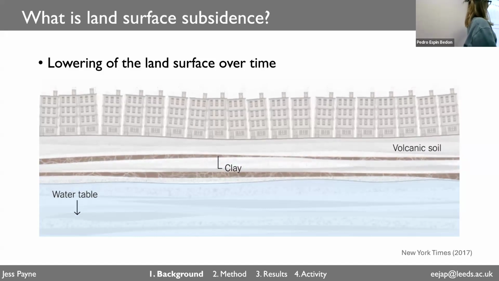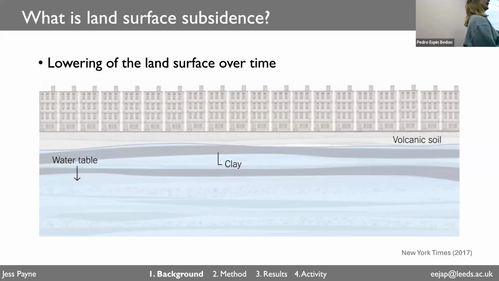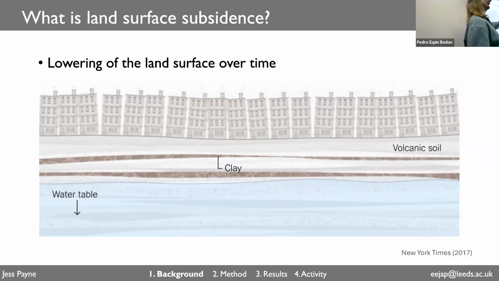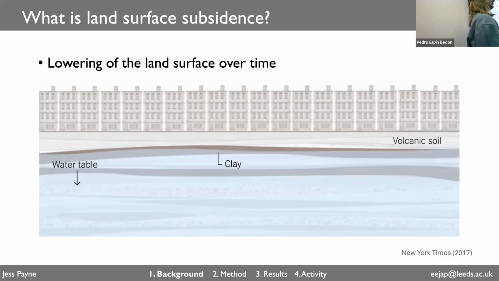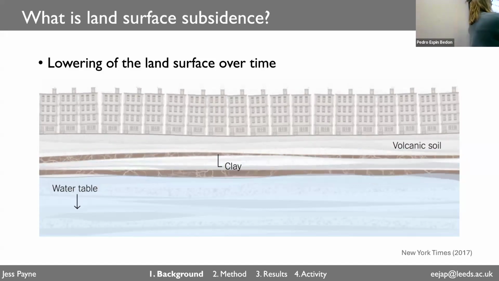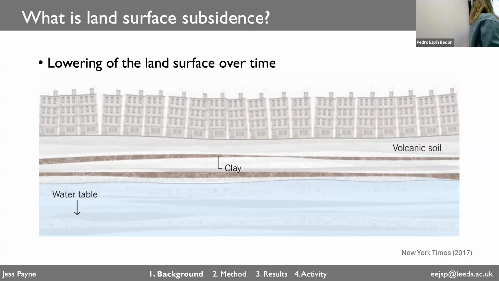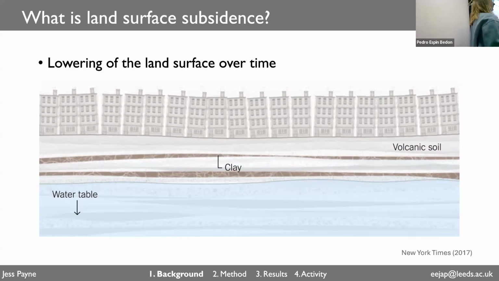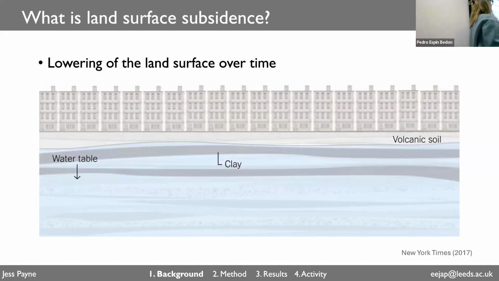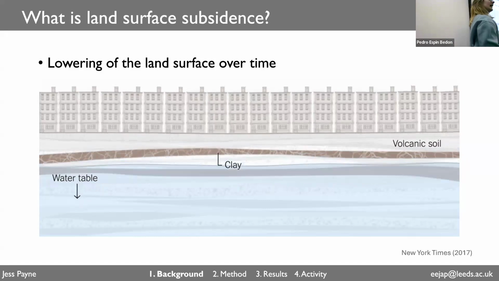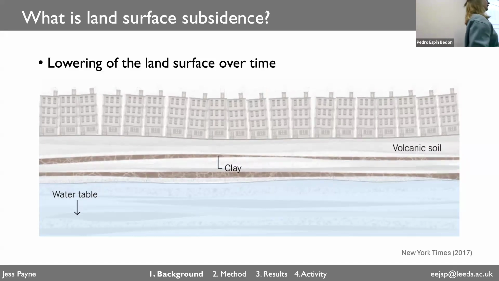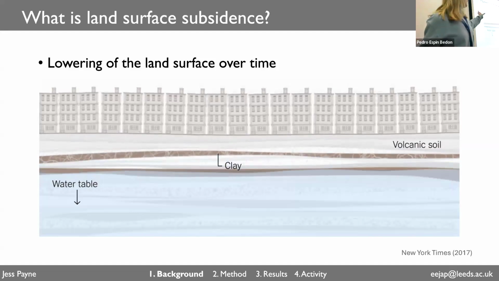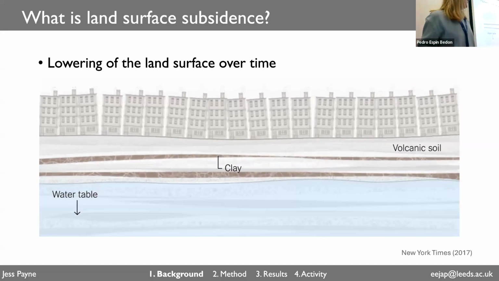So here's an example of a schematic from the New York Times about what happened in Mexico City. You can see volcanic soil, that's probably focusing on Mexico City, but the context and principle are the same, just with different aquifer sediments. We need fresh water for agriculture, industry, drinking, things like that, and lots of that is stored in underground aquifers. It's a particularly good resource if you don't have many freshwater lakes or reservoirs, and this aquifer resource can be depleted. This results in the land surface moving down, as you can see here, and that can cause damage to infrastructure, as you can see in the buildings at the top.